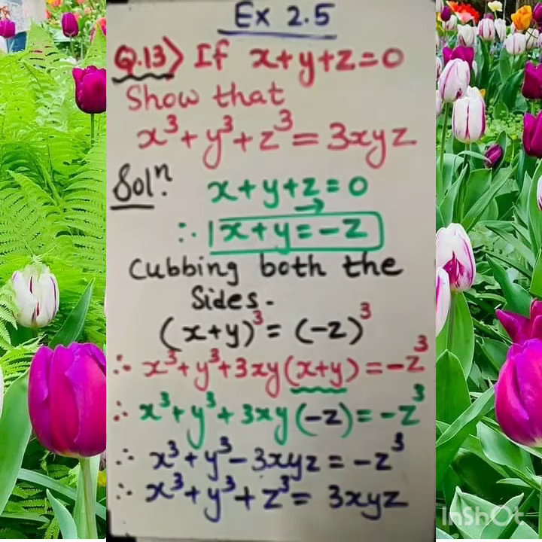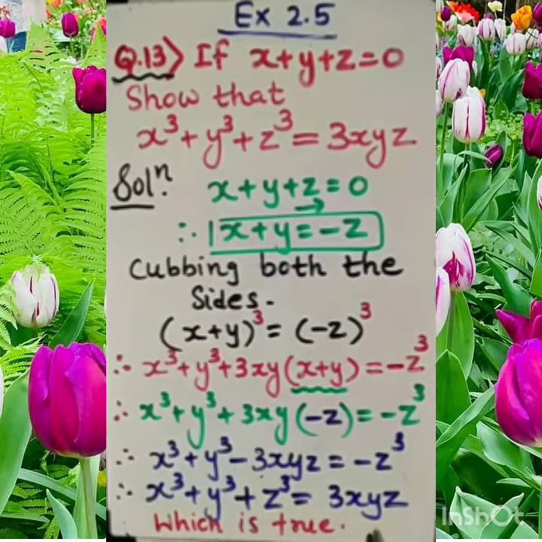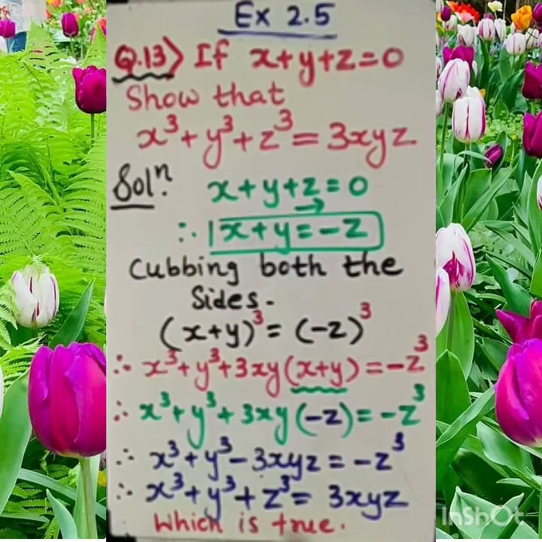We can say this is true. Is true means what we are given, which is true, because we have to show this equal to, then show that this is yes. From this result we are able to find this result is true. This is quite an important question for the examination purpose. Prepare it nicely.